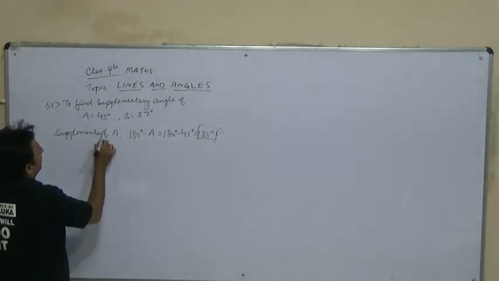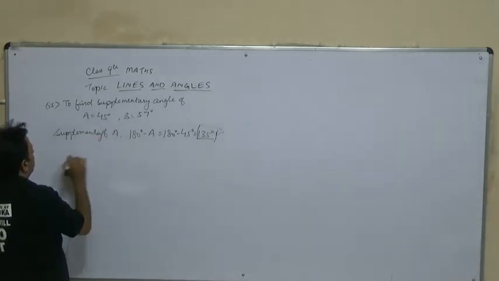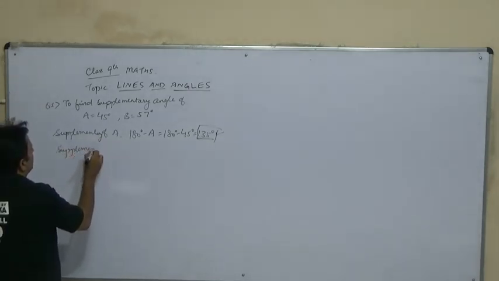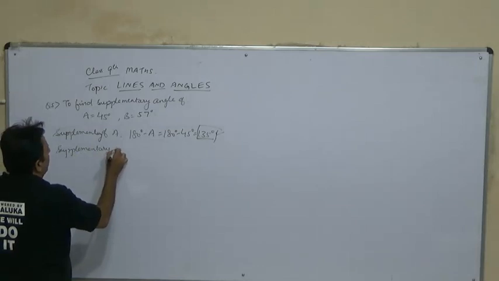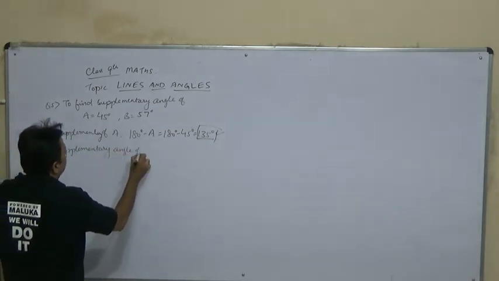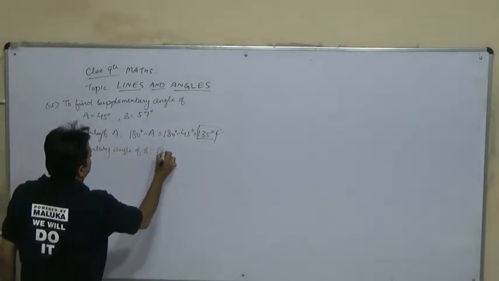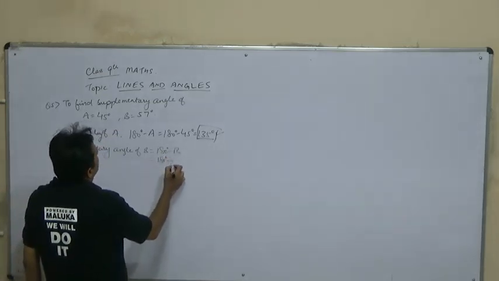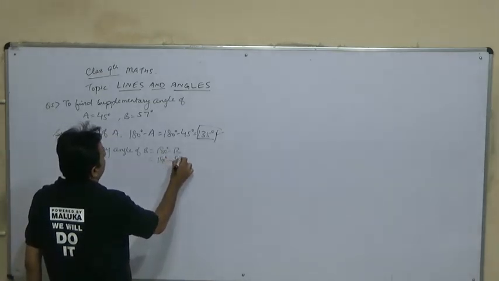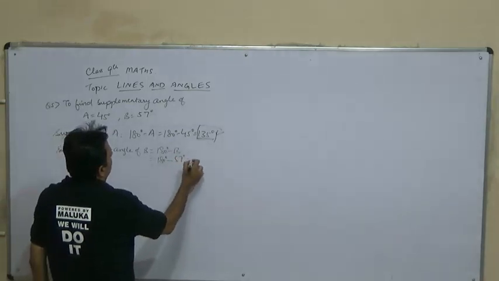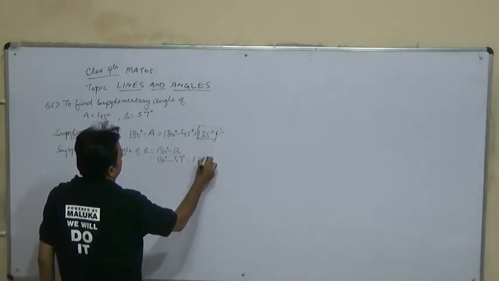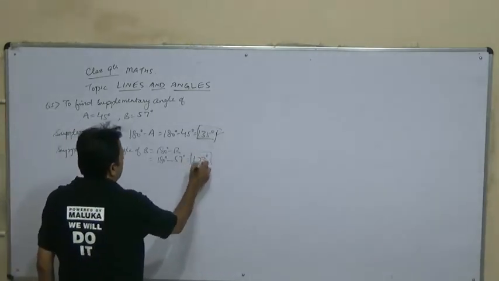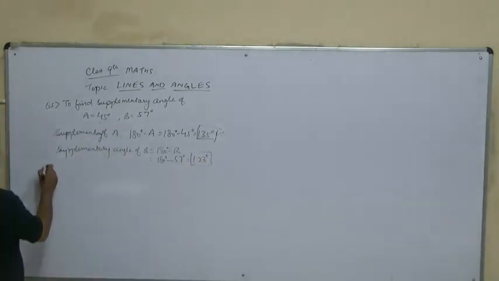Supplementary angle of B is 180 degree minus B. We are given B as 57 degree, so this will be 123 degree. So this will be the supplement of angle B. Then the sixth question is